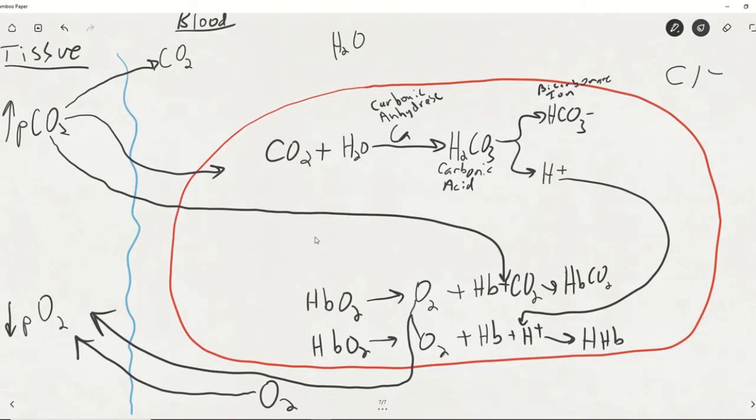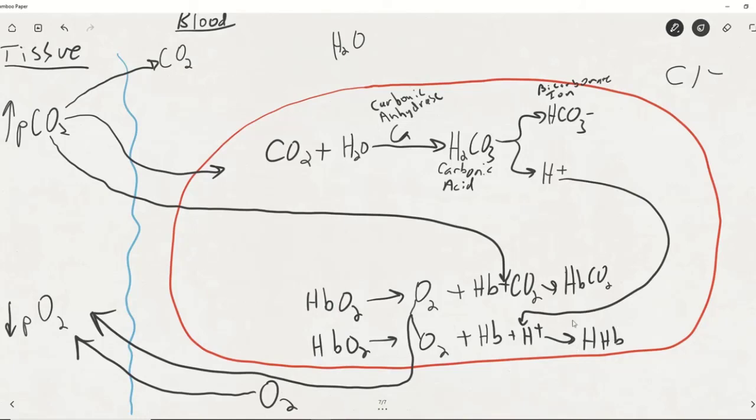So just like we saw with the carbon dioxide that attached to the hemoglobin, we're going to look at this H+ that attaches to the hemoglobin also, and we're going to say the exact same thing. Even though we drew the oxygen falling off first, that's not what happened. The H bound to the hemoglobin to make HHb, and that knocked off the oxygen so that it was free to diffuse out. And we're left with